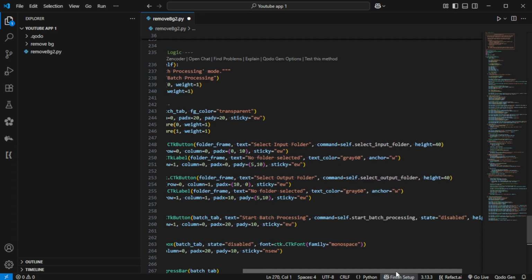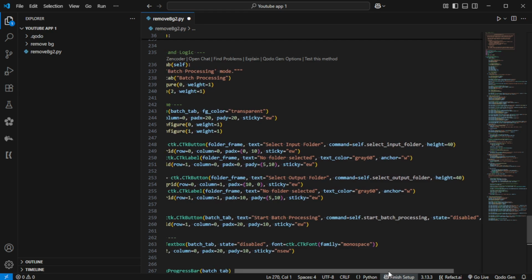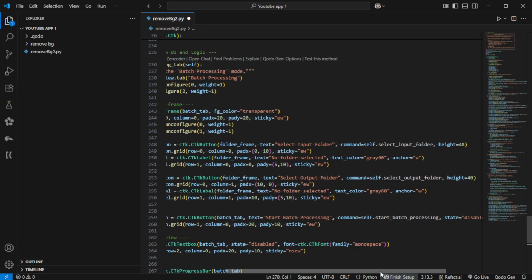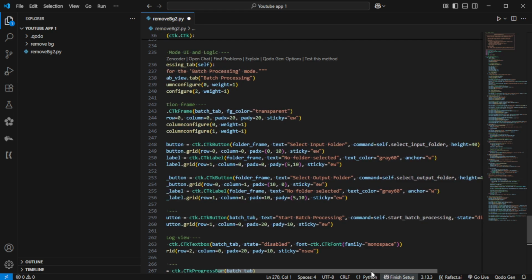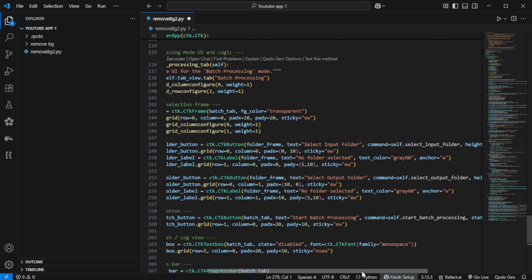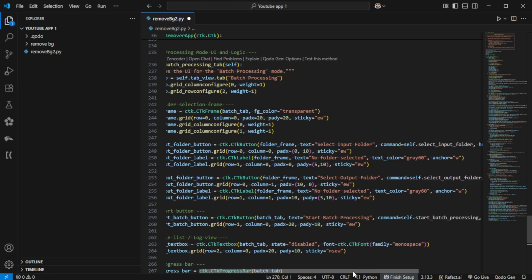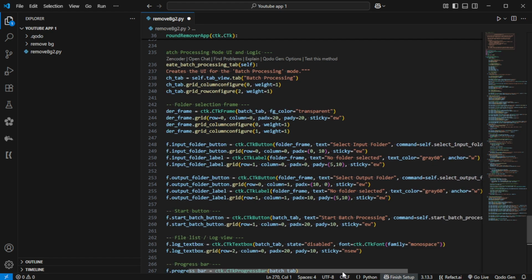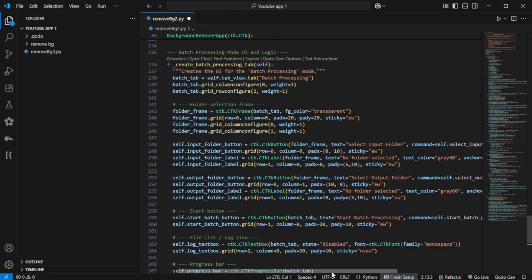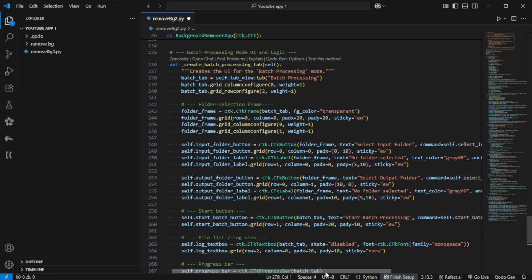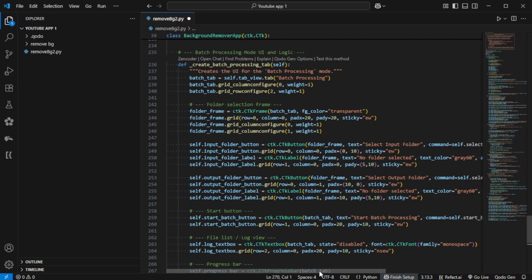Height equals 40. self.output_button.grid, row equals 0, column equals 1, padx equals 10, pady equals 0, sticky equals "ew". self.output_folder_label equals ctk.CTkLabel, folder_frame, text equals "No folder selected",